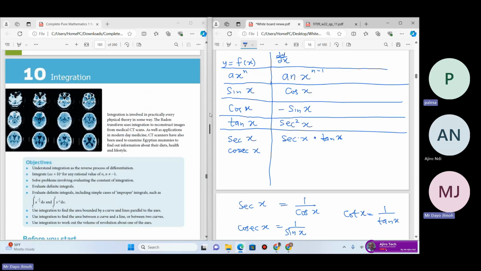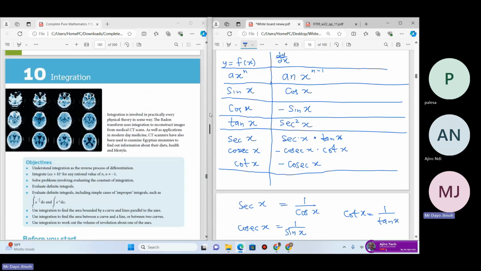Cos x. So cosec x is what? Minus cosec x times cos x. If you have cos x, the derivative is minus cosec x. Okay, let me just put them together. Okay. Now,